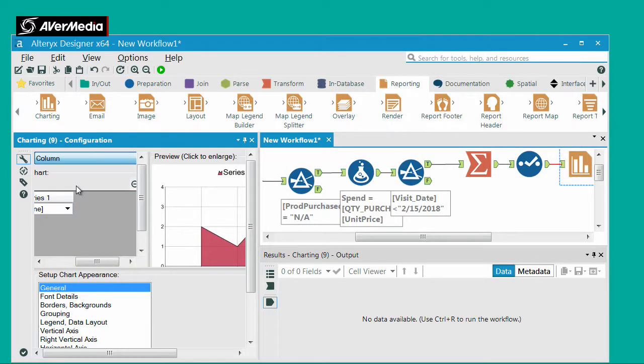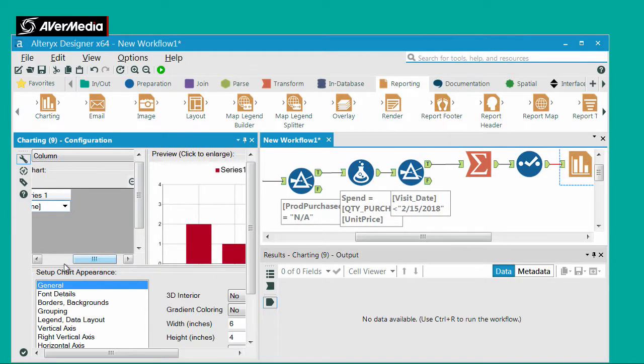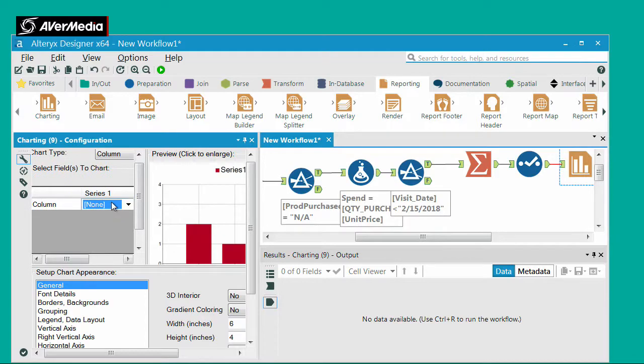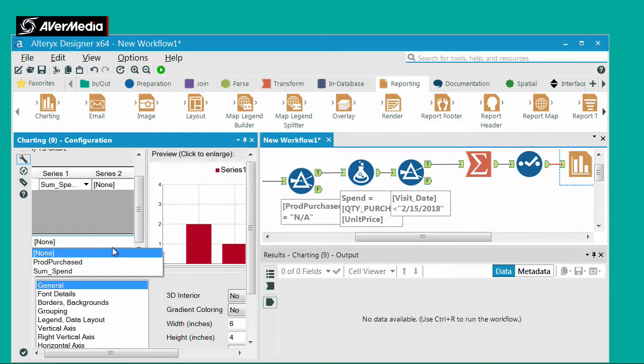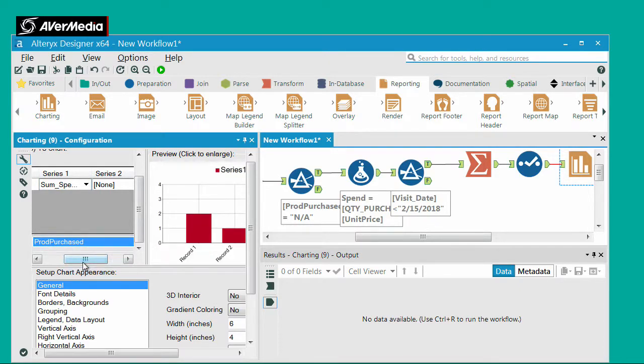I'm going to select columns. So I want to graph by column, and the data that I want to use is sum of spend, and then the data fields, I want them labeled by the product purchased. If I hit run,